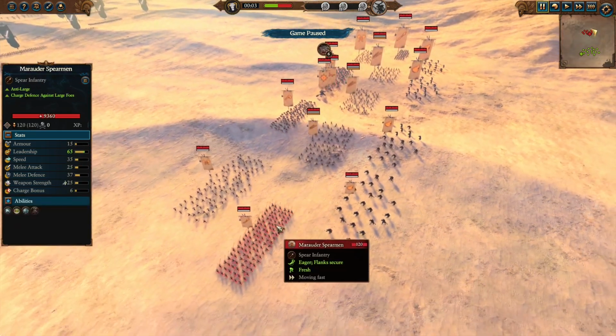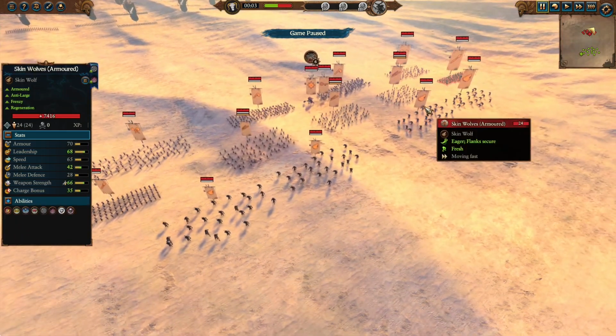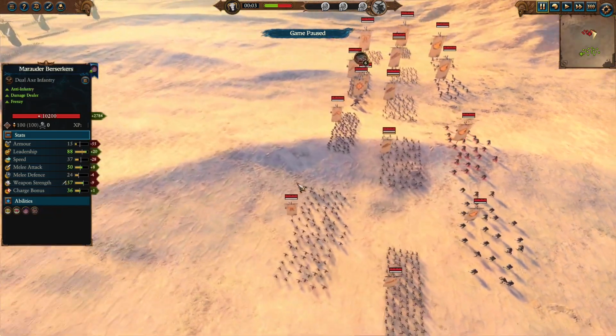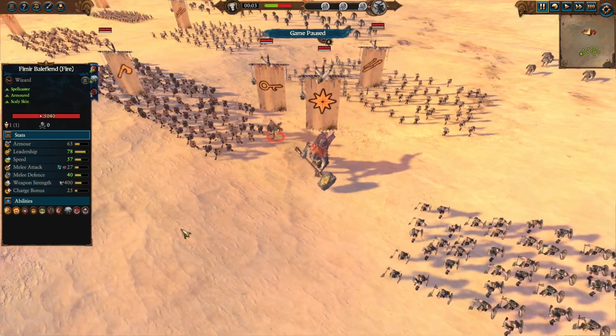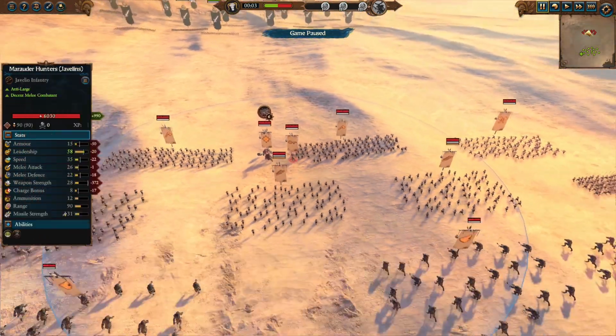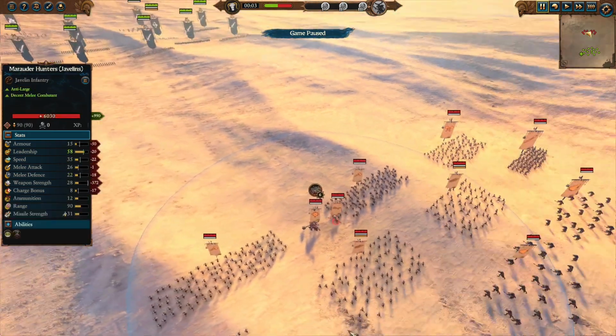They're guarded by a ton of Marauder infantry in the front, regular Marauders, and on the flanks, Marauder spears. At the back there, 4 units of Skin Wolf's armored version, providing quite a bit of holding power and anti-large. Leadership-wise, we have a familiar Bale Fiend with Burning Head and Flaming Sword of Ruin. The Burning Head, of course, is great at clearing out skeleton chaff, but against the Royal Gods, this might be